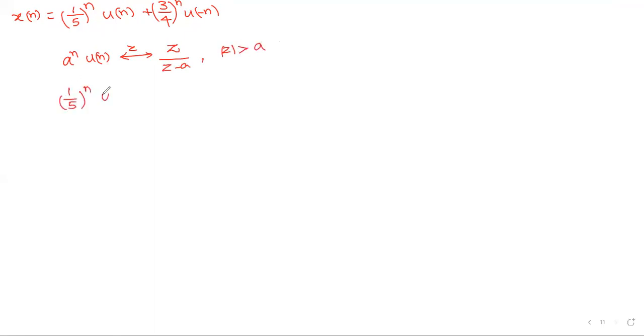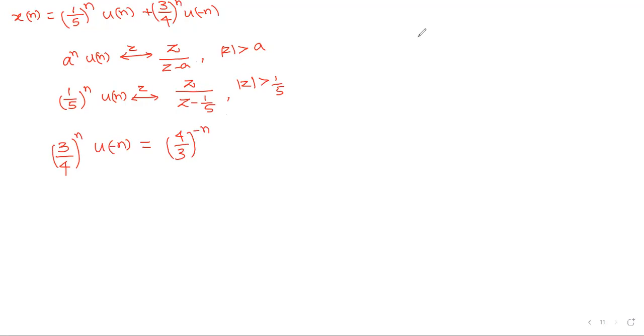1 by 5 whole power n u of n, z transform will be z by z minus 1 by 5, mod z is greater than 1 by 5. First term is over, no problem. But here 3 by 4 whole power n u of minus n is there. Now I will write this one as 4 by 3 whole power minus n, because it is a simplified form that is easy to solve in this numerical. So that's why I write 3 by 4 whole power n as 4 by 3 whole power minus n,